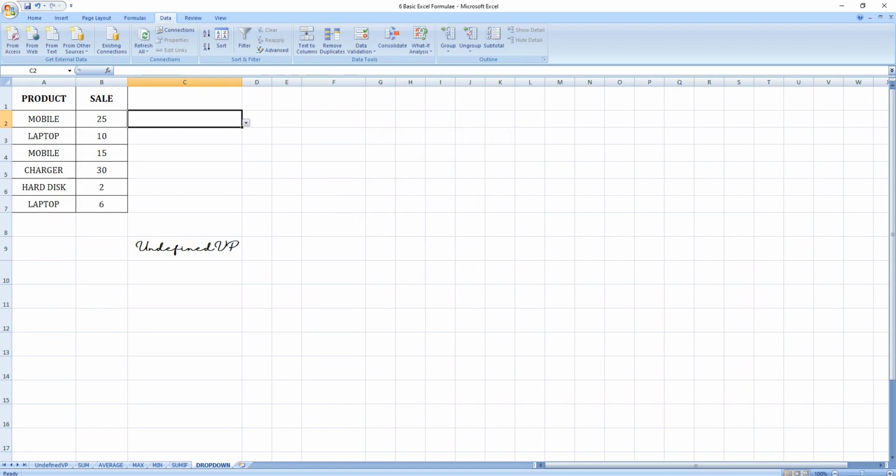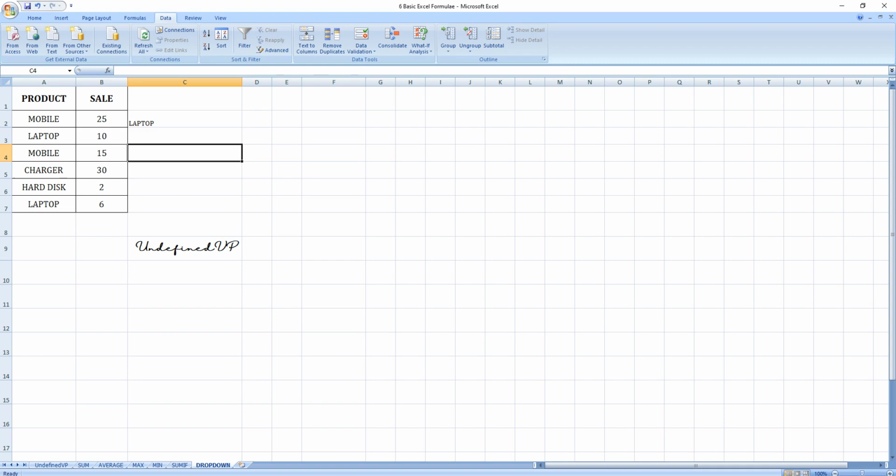Now you can see an arrow mark has come here. If you click that, all the products which you had selected, the same list has come here. If I select laptop, laptop will come.